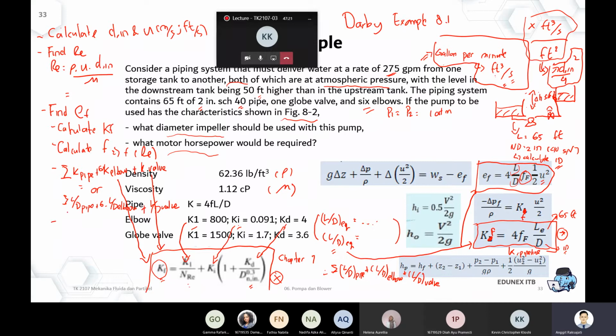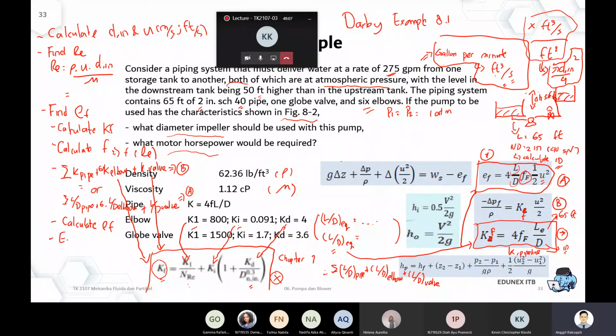And then afterwards, you calculate the EF. You calculate the EF using this correlation if it's provided as L per D, or could be, hold on, which part? This. So either equation A or equation B. If you calculate everything in L per D, that means you use calculation A. If you calculate everything in K, that means you use the B part, because the delta P per rho is calculated as KF times U square per 2.